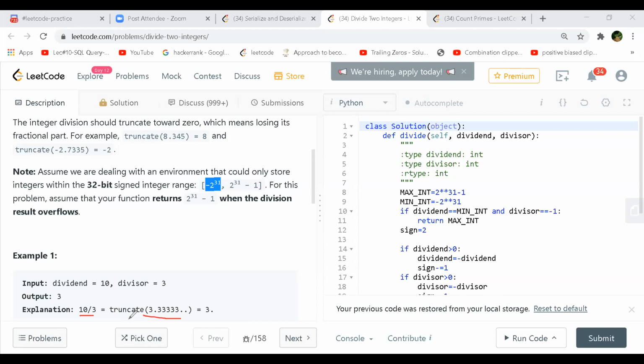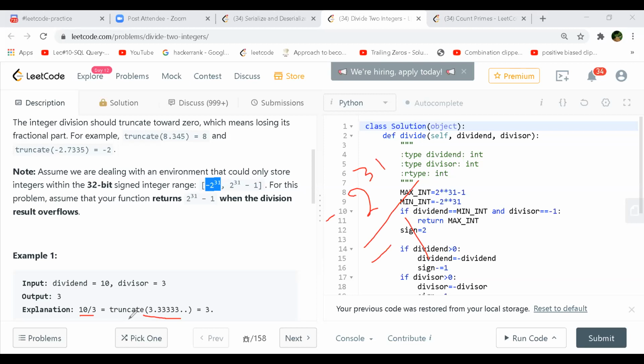And now, how do we handle that overflow? If you look at minus 2 raised to 31 and 2 raised to 31 minus 1, the negative range has one number more than the positive range.